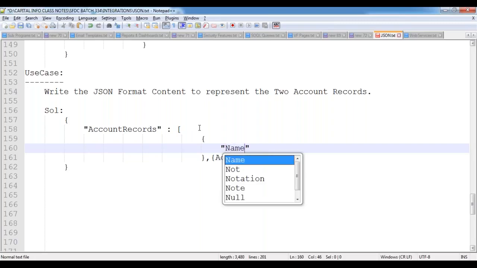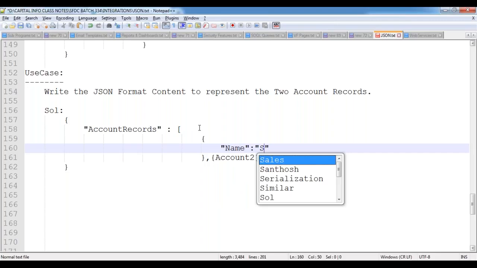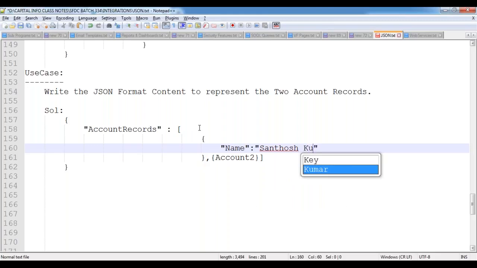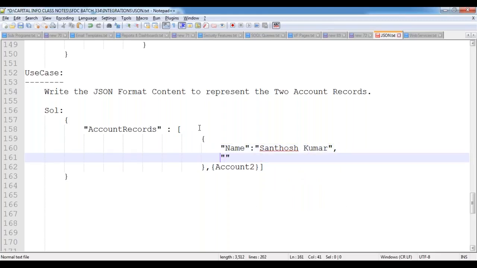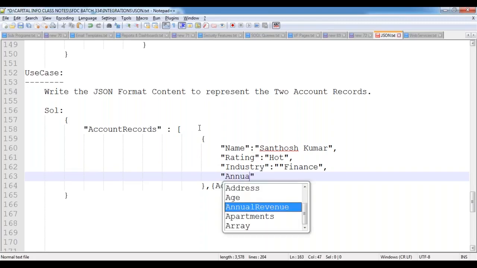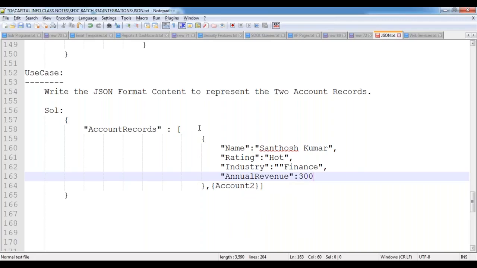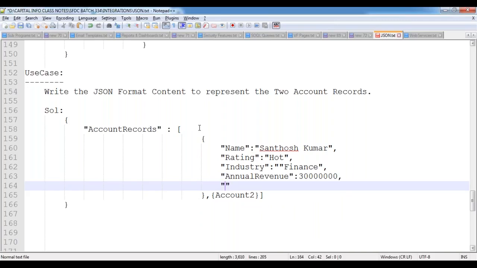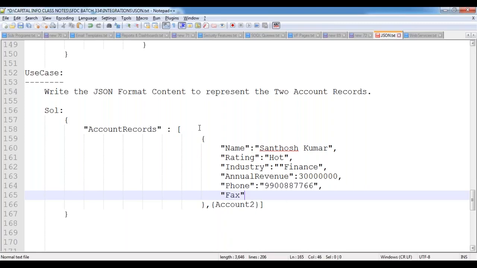I'm indicating name, the account record name, Santosh Kumar, comma, rating, I'm indicating hot, and the industry, some finance, and the annual revenue, some 3 crores, and then phone, and fax,